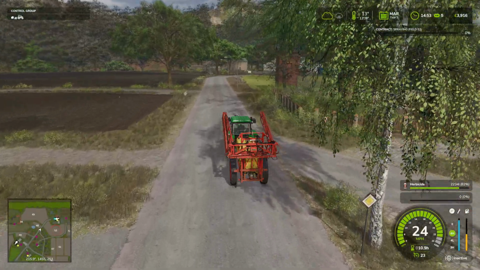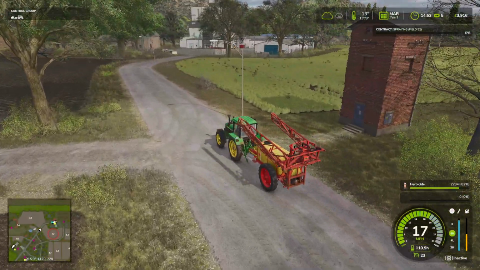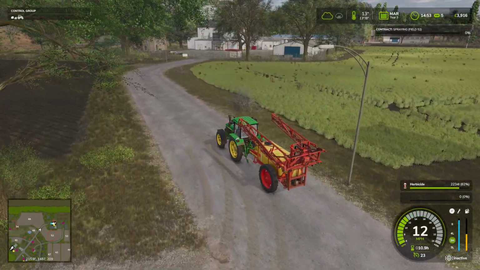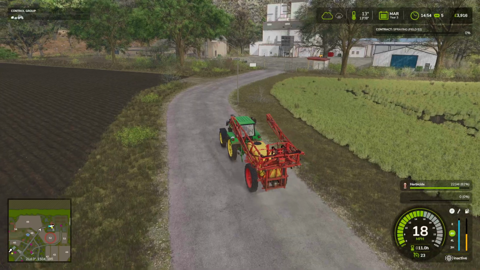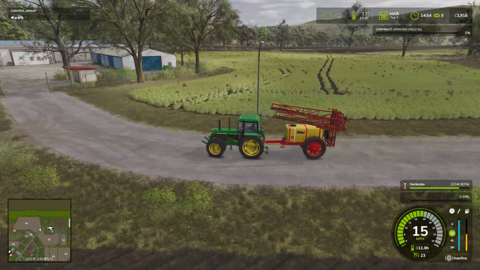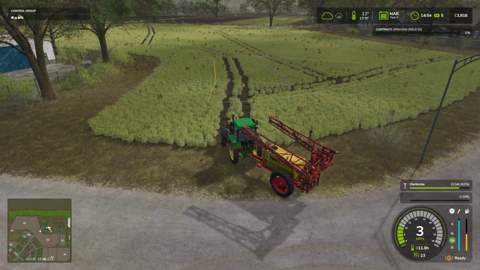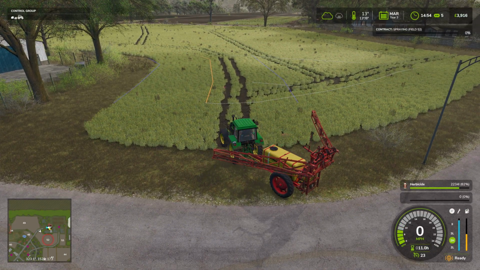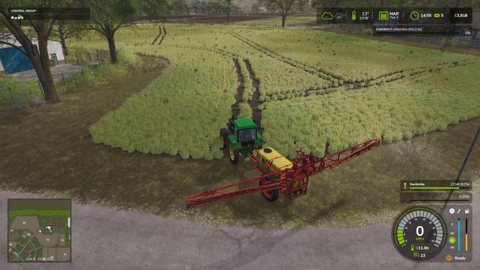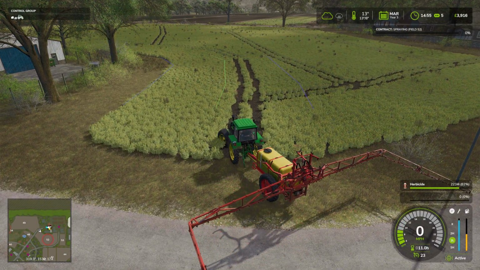Right, we're here. I've picked up a... Oh, hello. Those weeds look dead already. Well, that's not so good. I've picked up another load of herbicide. Haven't I already done this field? Right, let's get unfolded and we'll have a look. There are some weeds in there. Maybe they are still in there okay, but...